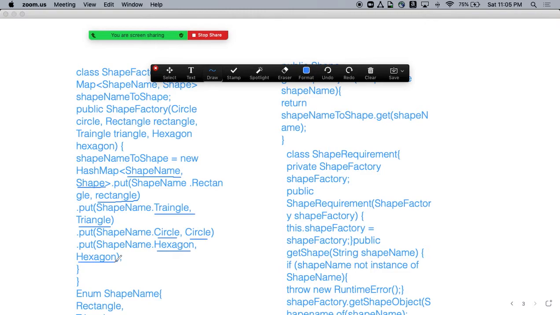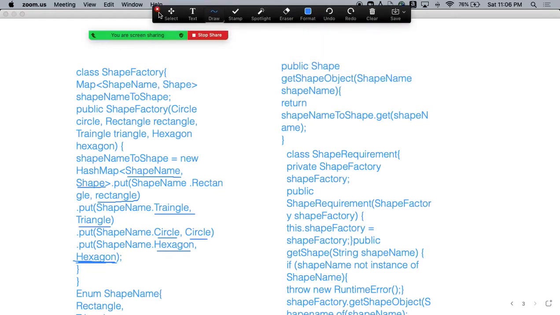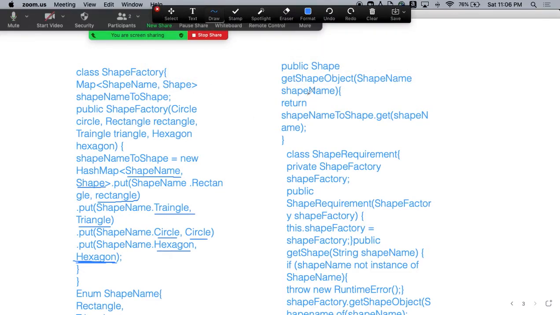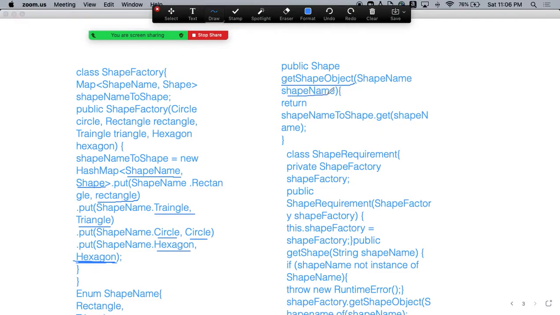Here what we are doing is that we have created a static factory. We are not creating the object of step at runtime, right? We have already created all the objects and we have just checked it. You can also choose to create the new object during runtime. And now, as part of getting, we have defined a method called get step object. Someone will give me the step name and I will get that from the map rather than getting a new object, right?